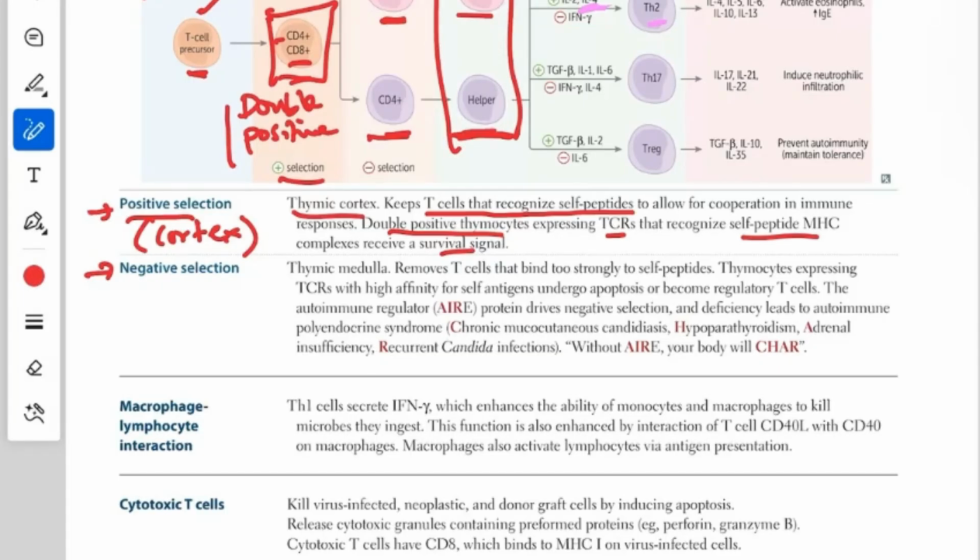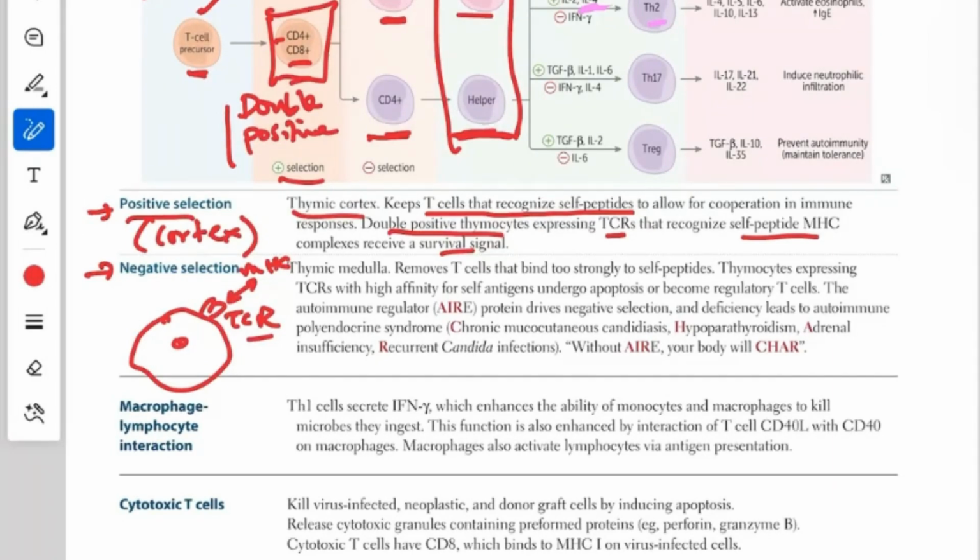The same thing, the thymus is screening the T cells that are coming into the cortex. These T cells have a T cell receptor on their surface. This is the T cell receptor that binds to antigens, the antigens on the MHC that we talked about, whether MHC1 or MHC2. So the T cell receptor is the receptor on the T cell that interacts with the antigen on the MHC. So the thymus is presenting antigens to the immature T cells,